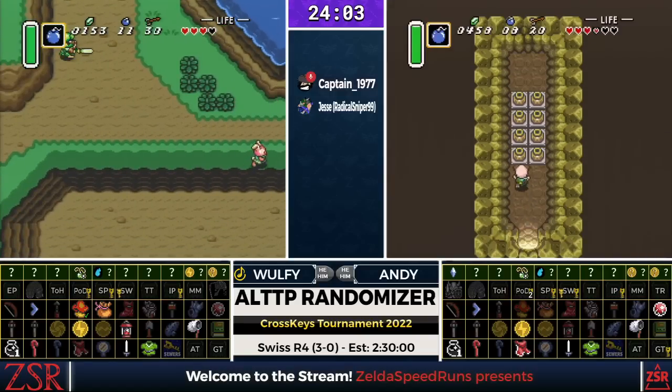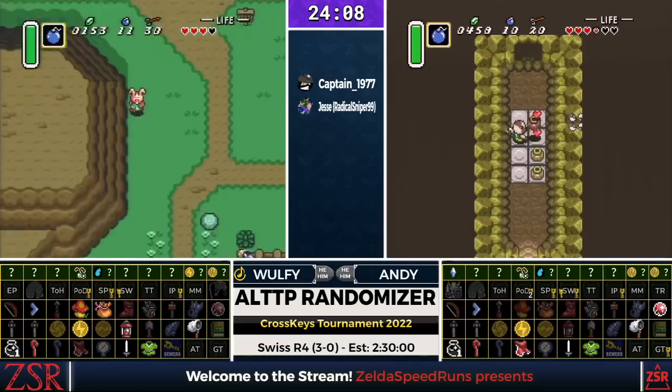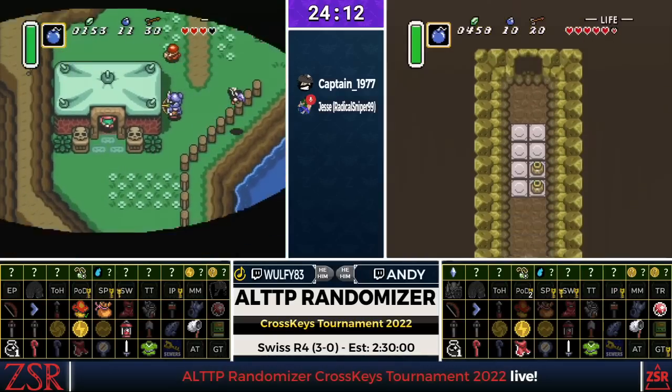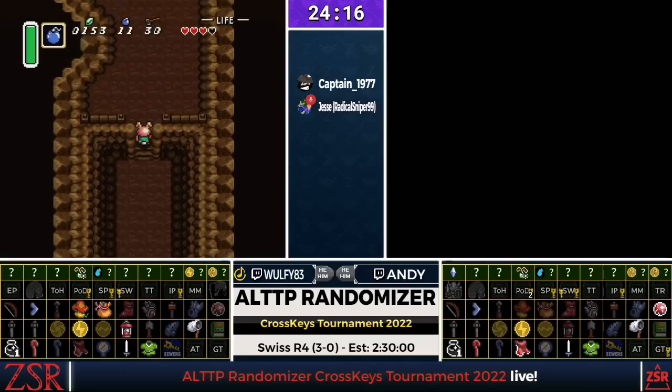I'm glad I got that right, honestly. We did also see Wulfy check out the east side of Hyrule Castle. I believe that led to the Dark Potion Shop, so...